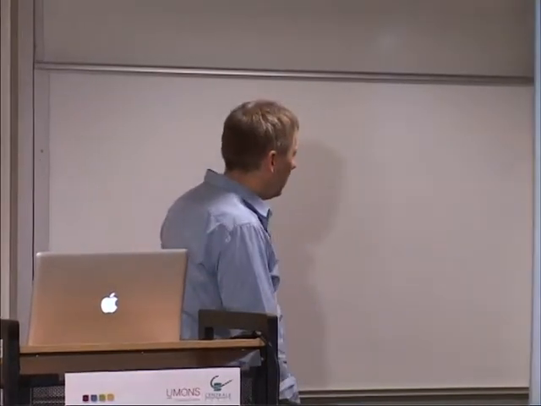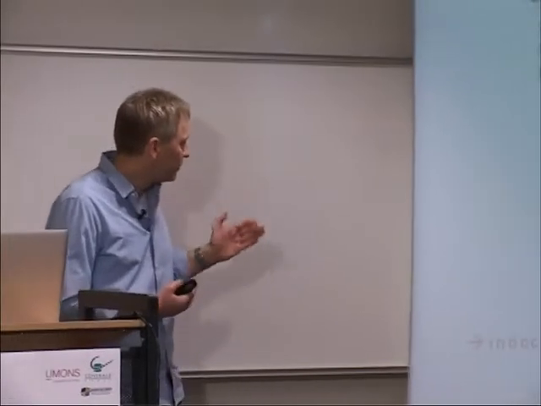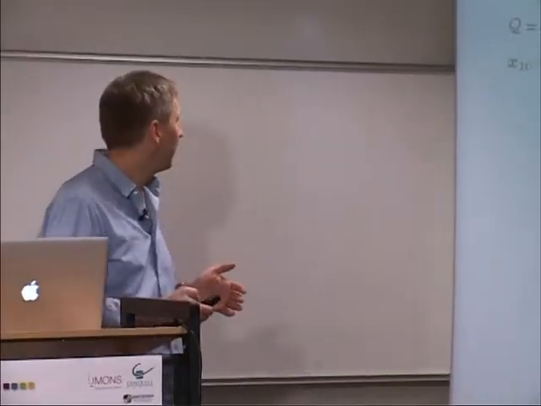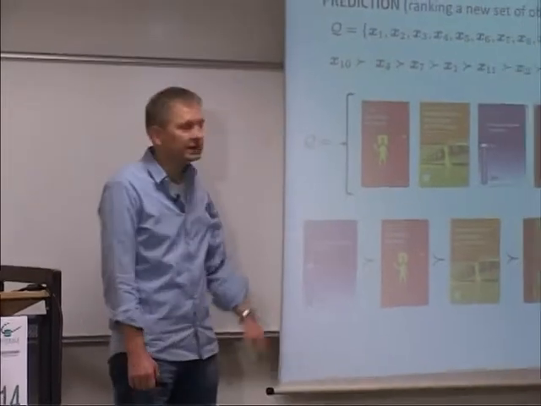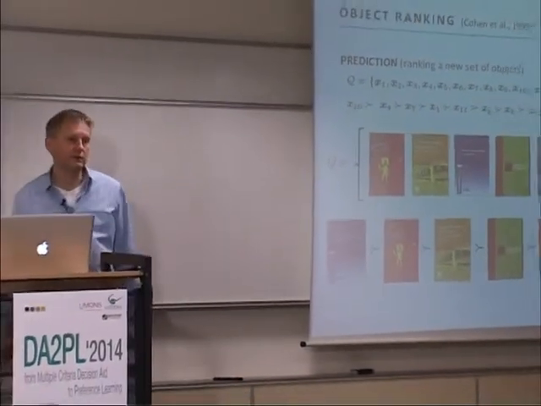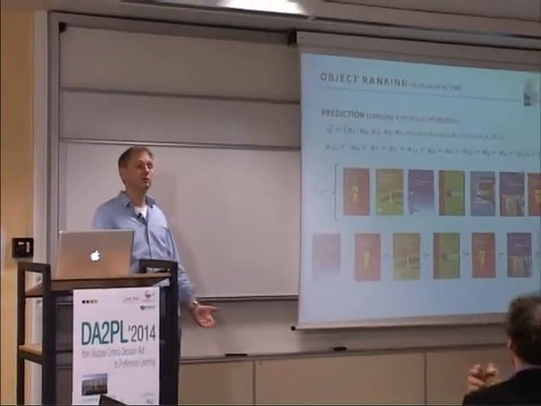Then the task of the learner is to induce a ranking function from these examples, which again might be noisy and contain mistakes. The ranking function accepts as an input any set of new objects, potentially objects you have never seen before, and then provides as an output a ranking in the form of a total order of these objects. For example, the function takes as input a set of new books and then provides a ranking of the books. And the ranking hopefully is in a good order, whatever that means.